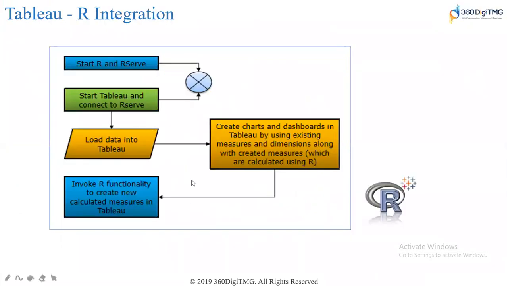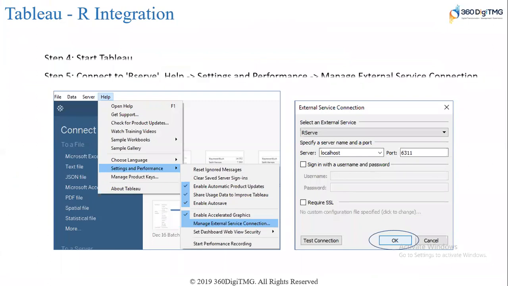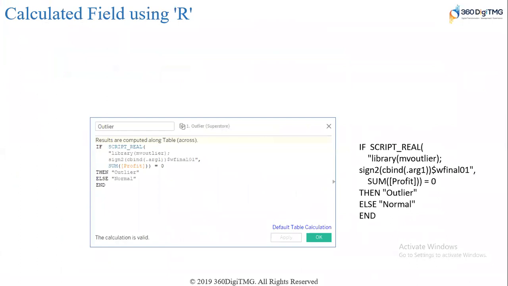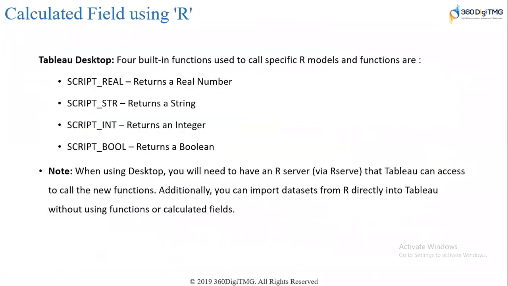Now, because there is a lot of limited capability of the integration, like we can communicate only through calculated fields and nothing more than that, the usage is also quite less. We don't use it as much because there are a lot of limitations. And one more reason why it is not used so much is because suppose we have created a calculated field and we have called R for some requirement in our graph, and R has given us the result and we have represented that in a visual format.